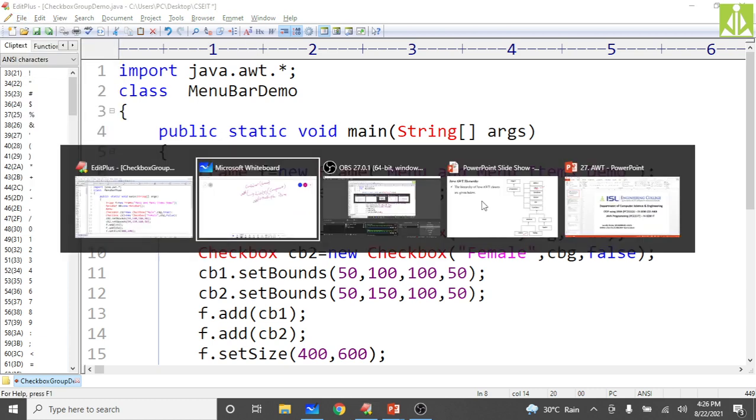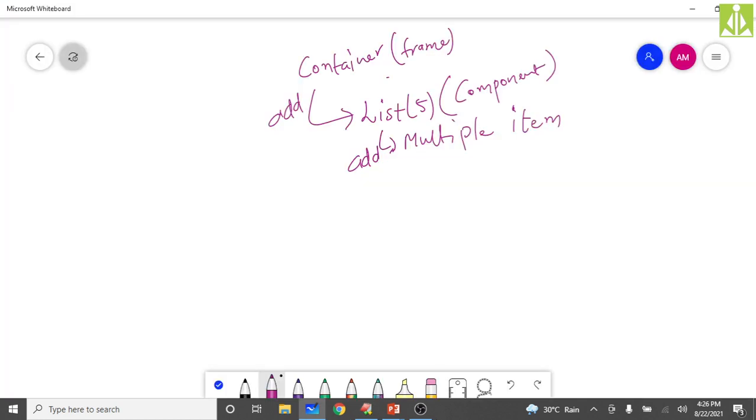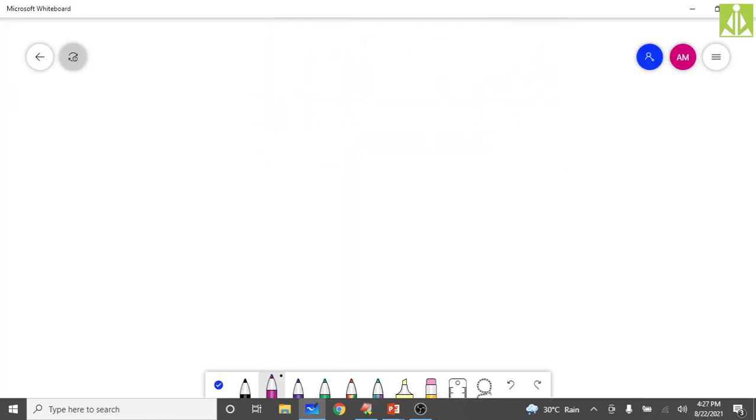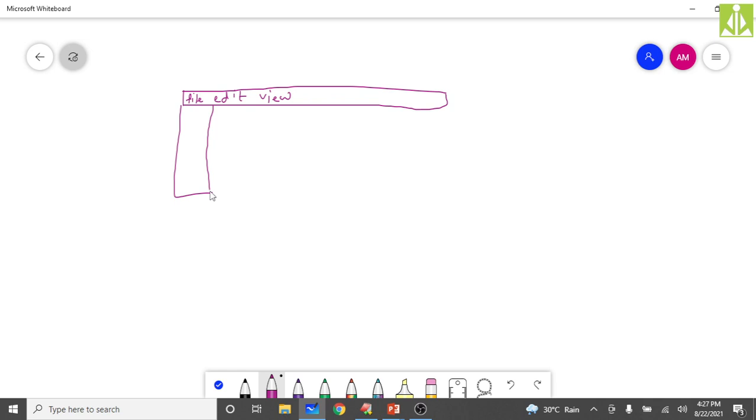So three things over here when we are talking about the menu bar, menu and menu items. See, menu bar in the sense the top list what we are getting. The top list like this we will get. Here we will get like file, then edit, then view. Like this we will get all the items. So this is your menu bar. In this menu bar, menu is the drop. When you click on that file you will get a drop, isn't it?